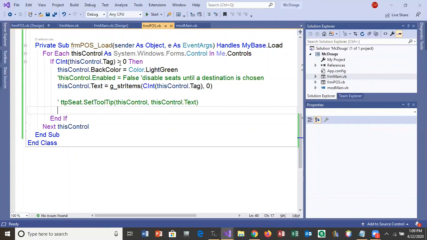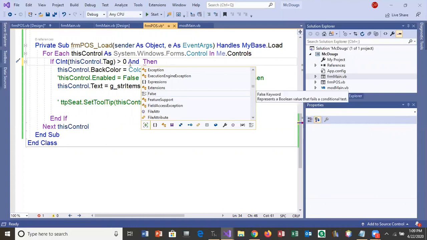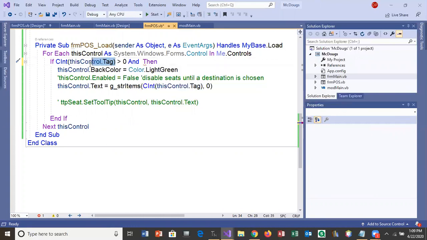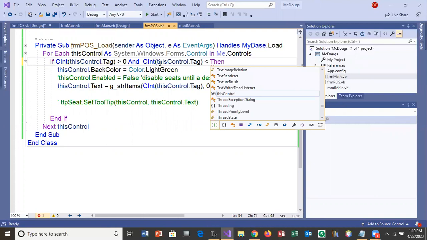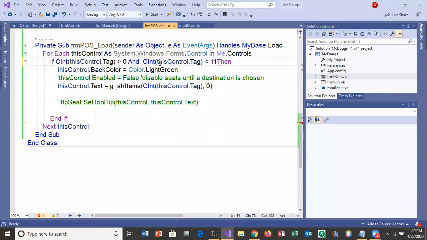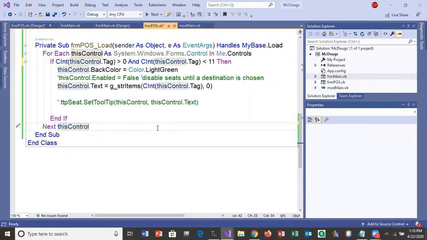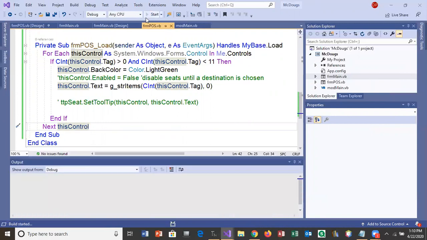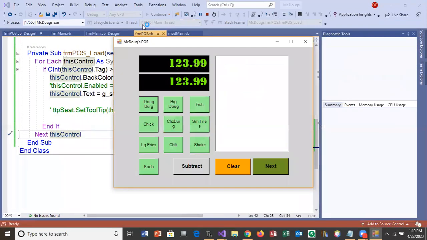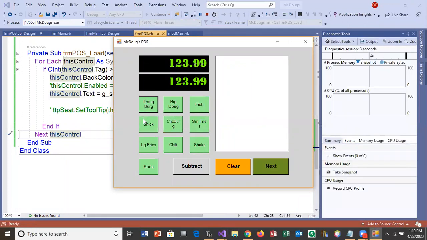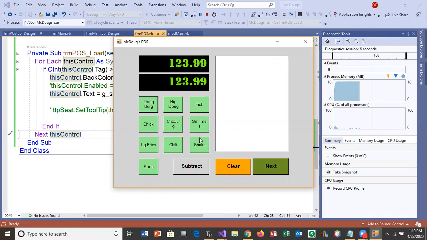So if this control is greater than 0, and 11. I think that might be okay. At least that's the error we were getting. Okay, you can see it's doing what I want here,